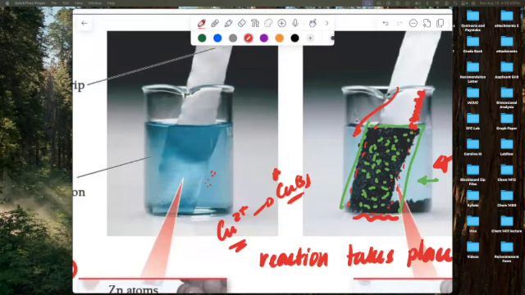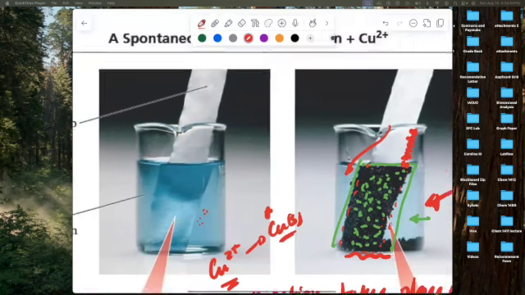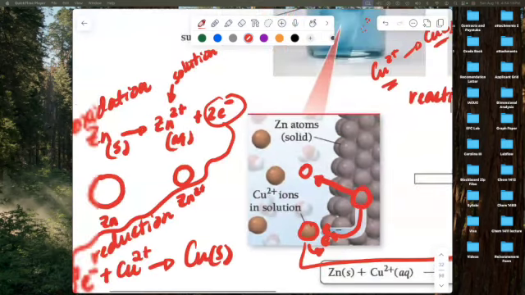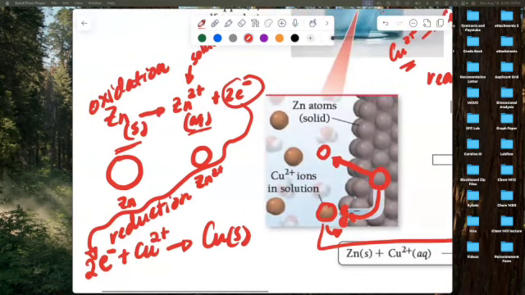And so as the copper deposits, it becomes a bronze color because it's now forming copper metal. What happens to this overnight or over a longer period of time? This part here will completely dissolve, the zinc will completely dissolve to form solution, right? And that's what the reaction is showing us here. It goes from solid to solution. Here we're going from solution